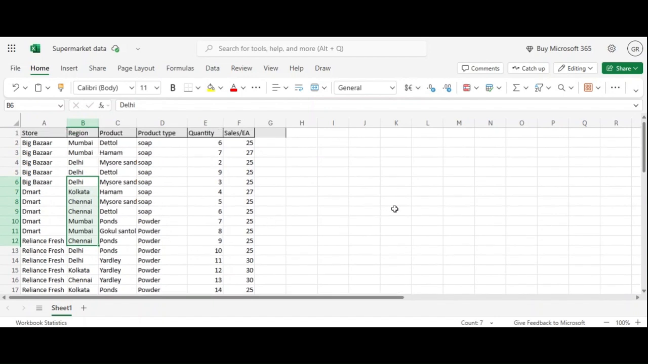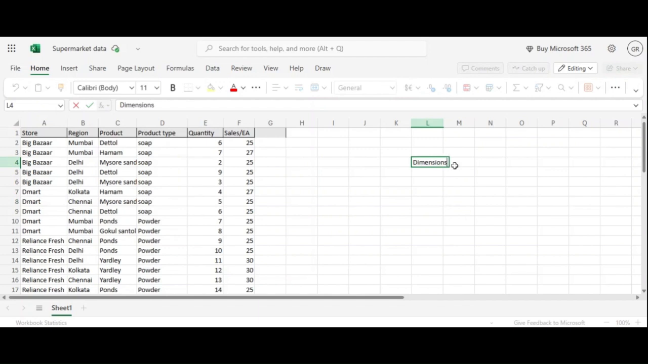So now we'll see what is the dimension here, what is a measure. There are two important things before you create a model. We need dimensions, we need measures. So in the sample set, all these, store, region, product, and product type, are dimensions. So dimensions